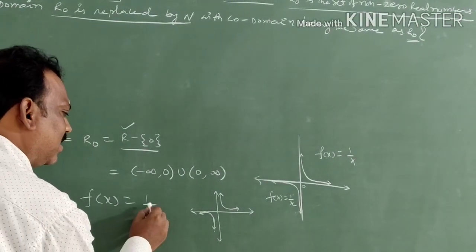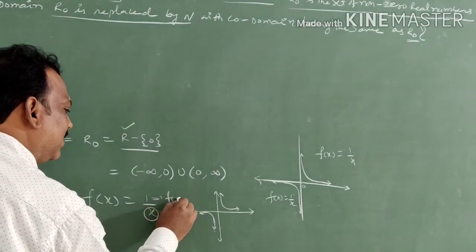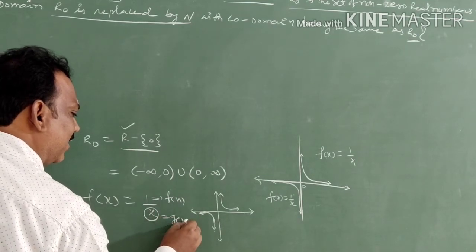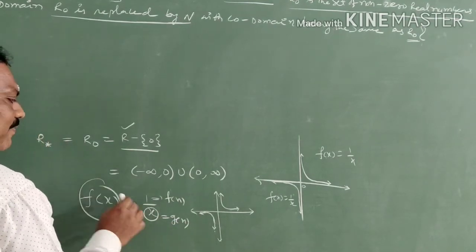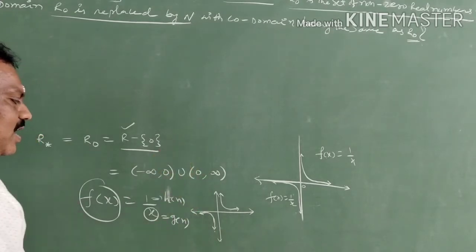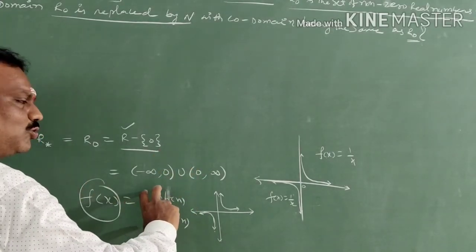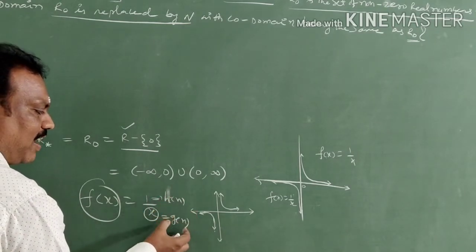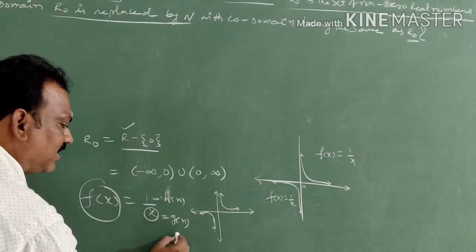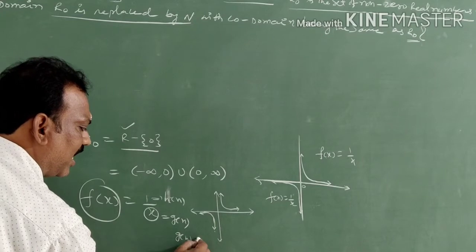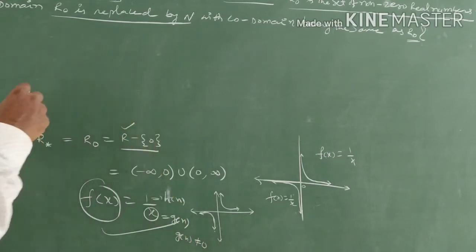Denominator is here x. This is f of x function. This is g of x function again. And already it is given in f of x, you can take it as h of x by g of x. So a function can be expressed again as two functions, f of x equals h of x by g of x, where g of x is not equal to 0. Then only this function is defined.